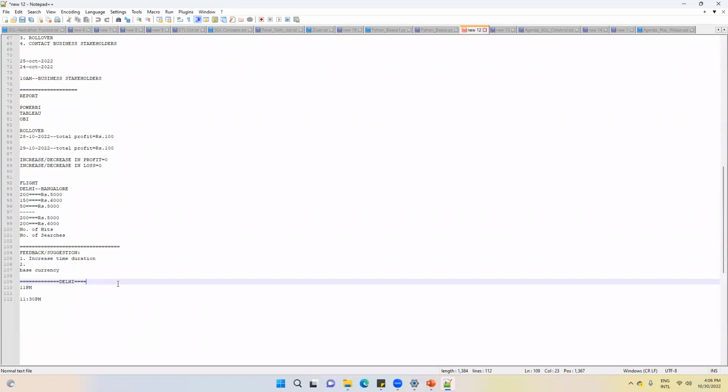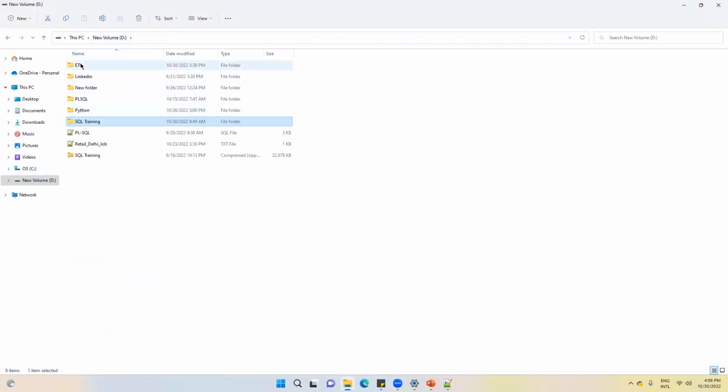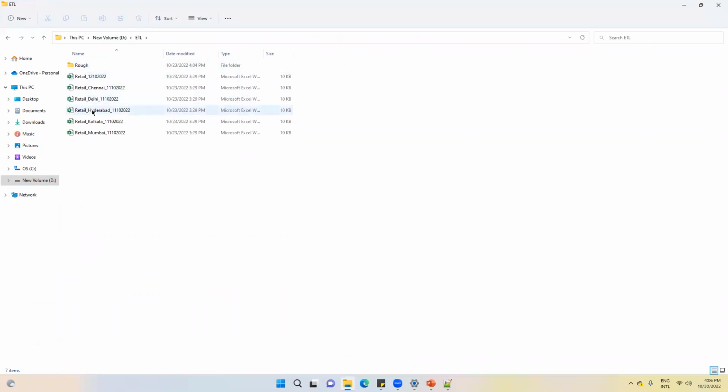So, rollover, I was telling. The same activity you will perform again, the cleaning and all those things. In rollover, the yesterday data, you will load it again in the staging only. Suppose I received this file yesterday. Now I will load the same file for today, and I will just change the date from 11th to 12th. But the entire activity will be the same. Got it?